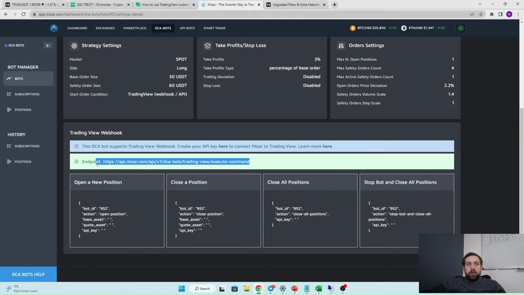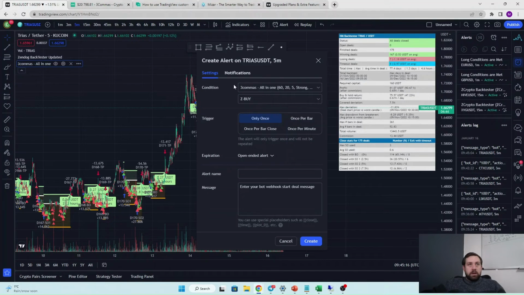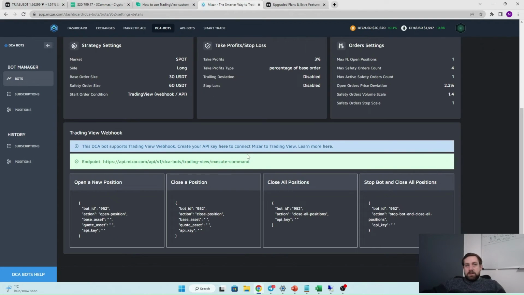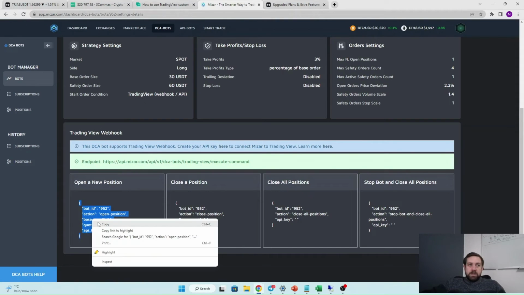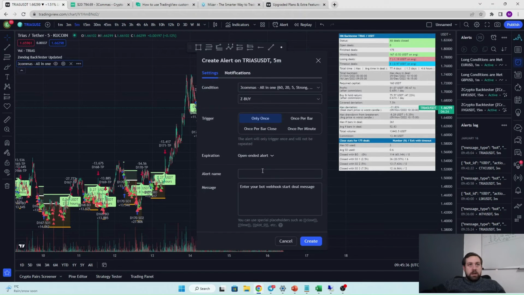Now, the URL that we want to use is this one. So if we just take a look, add an alert, notifications, you want to change this to be this URL, Mizar. Now to open a position, you want to use this message here. And let's just head back. What we also need to do is define a few things in this